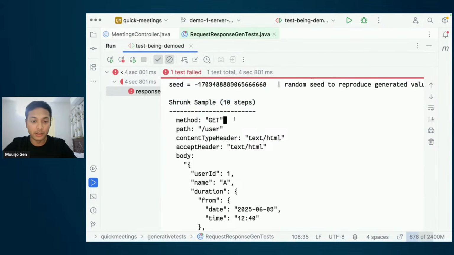This is the shrunk sample. After 10 steps, it realized that this is the smallest input it could get, and it's saying GET user. Again, this one doesn't exist. And again, the user simulated by the application is saying that the accept header was text/HTML. Now, this is a signal to me that there is something wrong with this part, because in Spring, the application framework that I'm using here is an opinionated framework, and it has some good defaults in place. So it says that if we, in the source code, do not implement an endpoint, then it will fall back to good defaults.